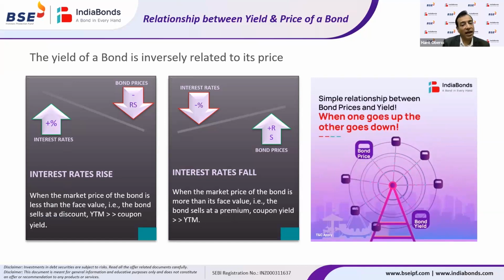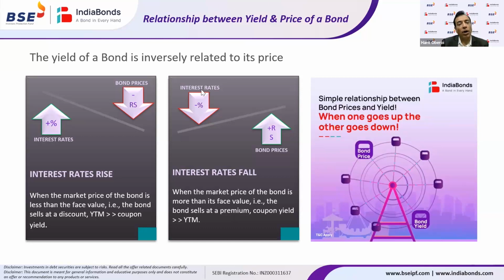So my investment is 95, but my return is 100, and I am earning the interest component at 10% because that is the coupon rate. So effectively, my return will be higher. The 10% coupon rate plus 5 rupees of differential, because I have bought the bond at a discounted price. So my yield will be higher than the coupon rate. The price is low, but my return is higher. So yield is higher when the price is low.